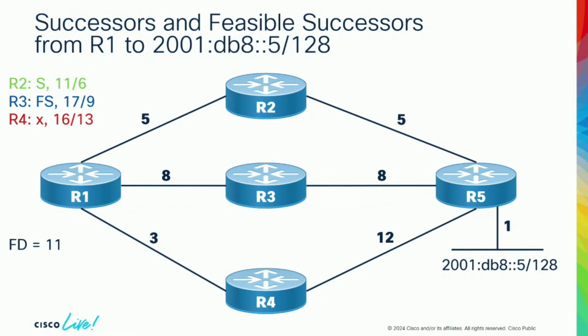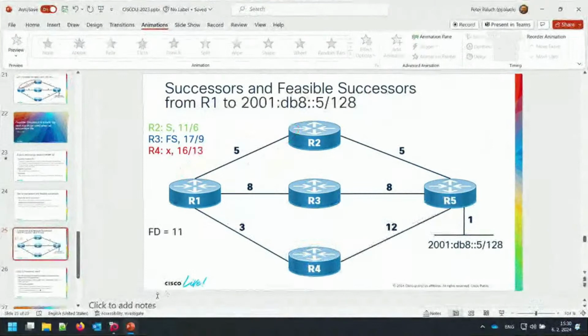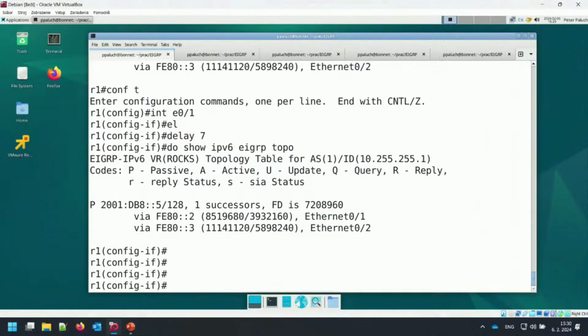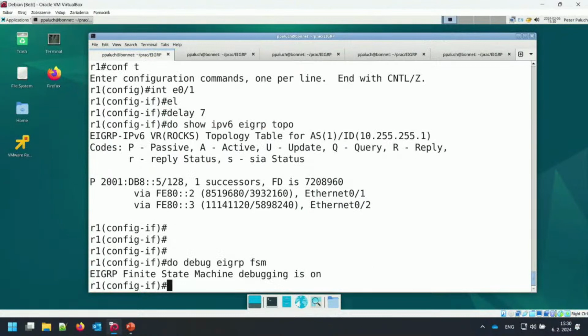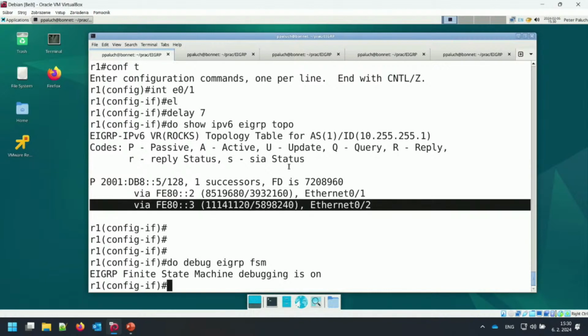So what in reality happens here is, actually, let's do that debug that I promised you. We're closing, by the way, to the closing of the session, so we're all good on time. I'm going to do debug EIGRP finite state machine, and I'm going to do what I promised you. I'm going to kill the link between R1 and R2. Remember, based on this output we think router 3 should be the feasible successor. We should just use it and not go active and start sending queries. Nonetheless,